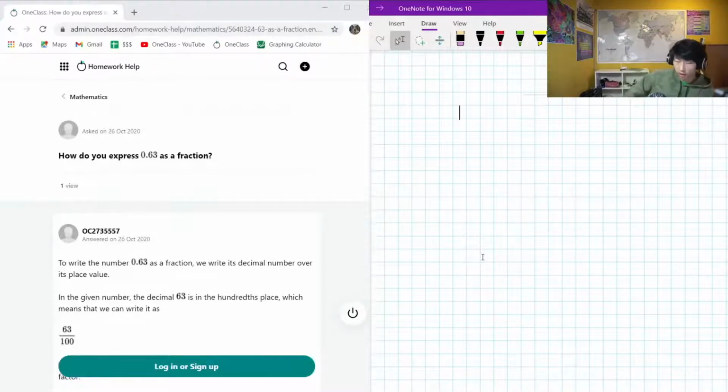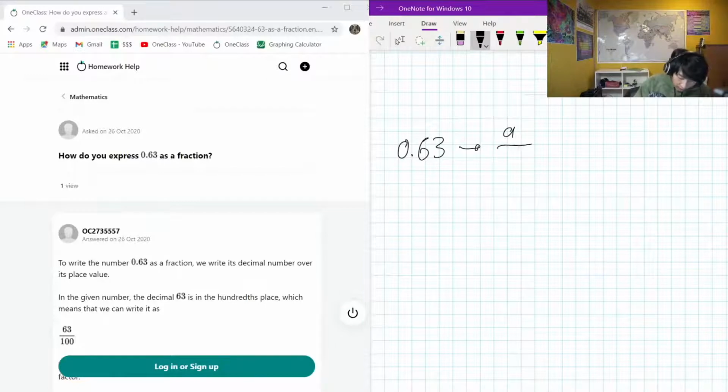Cool. Okay, so here we have the next question on our menu today, which is asking us, how can we possibly express 0.63 as a fraction? 0.63, and as a fraction, well, we're going to have some whole number over some whole number. In general, we want to avoid having decimals in our fractions. So we know that any number, if it's just a number by itself, well, 0.63, we could rewrite this